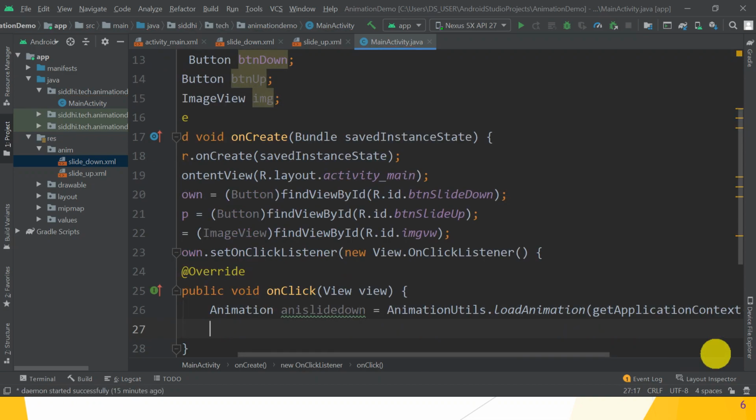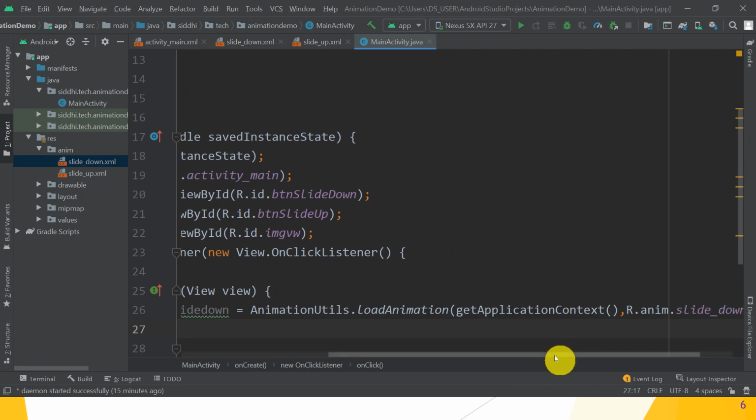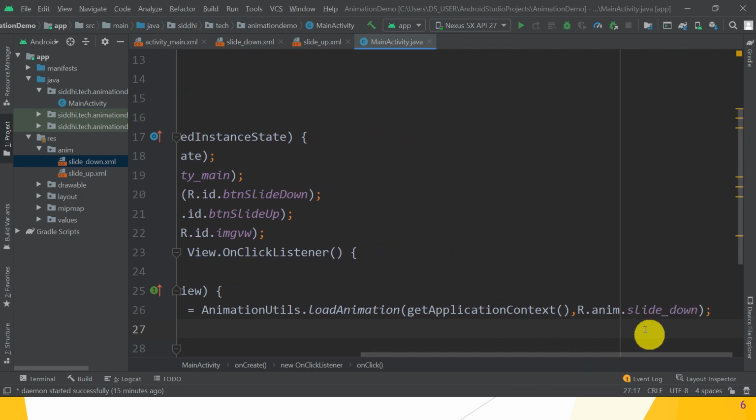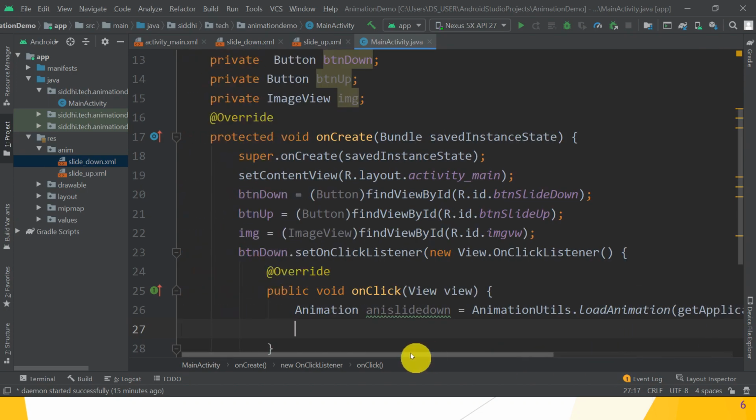So this is the second argument. Guys, hope you understand that anim slideDown is the object or instance of the Animation class. How do we create that? By using the loadAnimation method. The loadAnimation method is present in the AnimationUtils class, and it is a static method, so we have to call it by using the AnimationUtils class name. Great. So loadAnimation requires two arguments: the current context object, and second one is the animation file, so the slide_down.xml file.